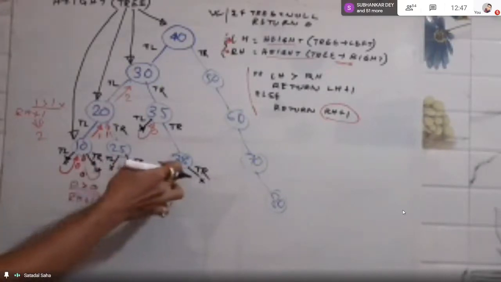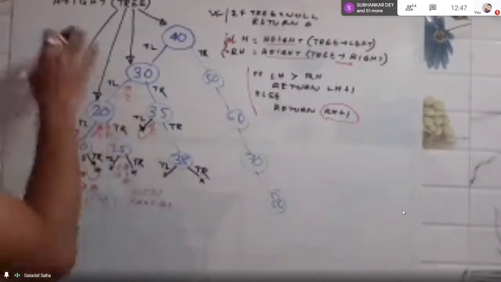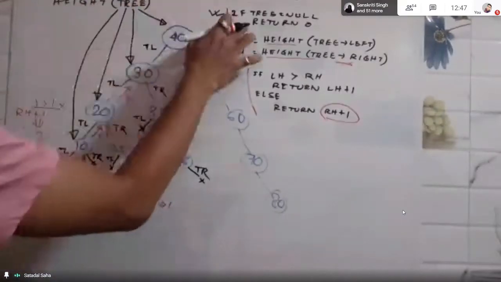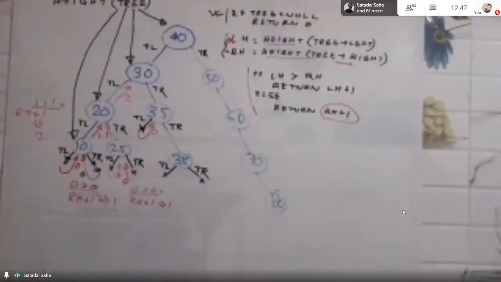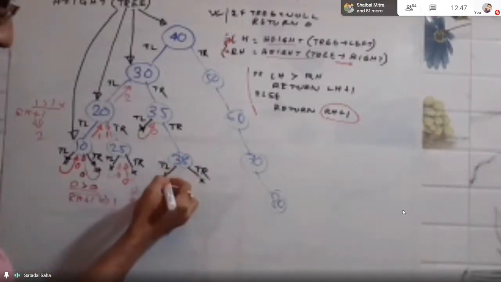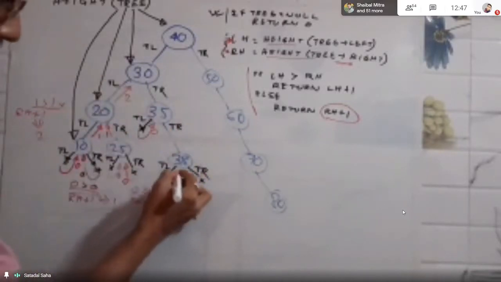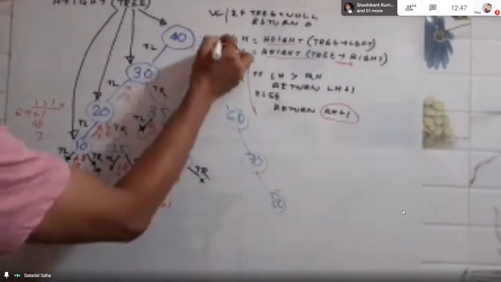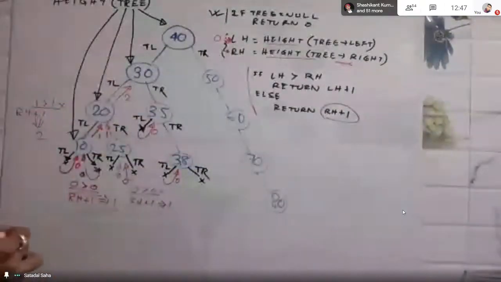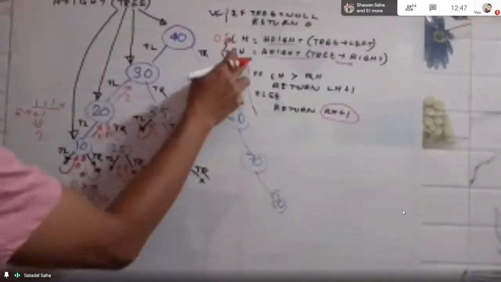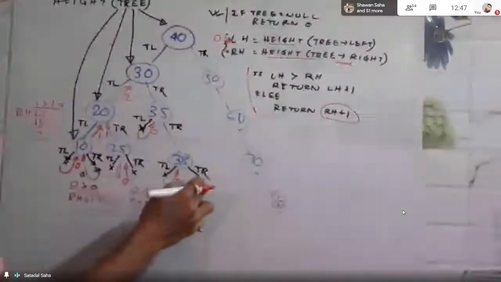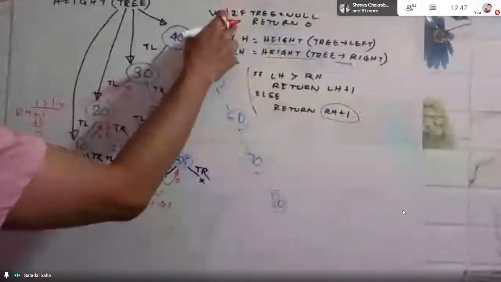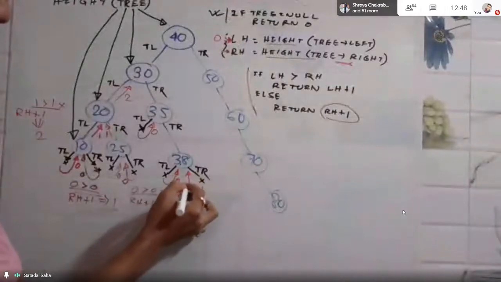So after calling the height with null value, it will enter into this line, that is tree equal to null. So when it will see tree equal to null, it will return back 0. So after calling this TL, the same function will return back here 0. So this becomes 0. And then 38 will call this function, that is height, again with tree right. Tree right is again null. So null will be entered into this situation next time.